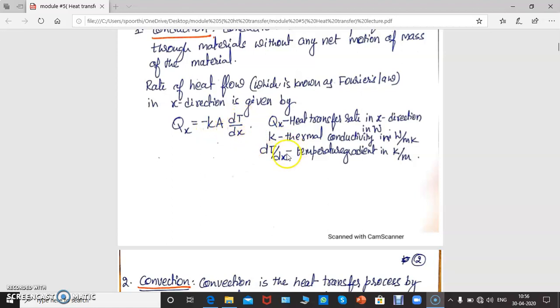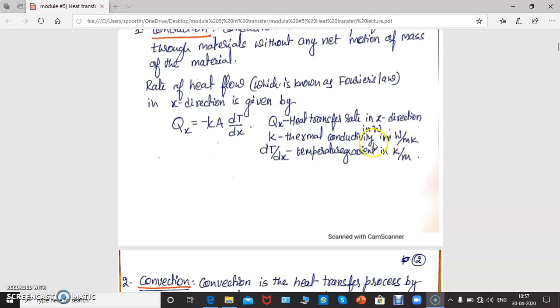Now, what is this Qx here? Qx is the heat transfer rate in x direction. Note that suffix x indicates the direction. As I said, we consider only one dimensional, so I have taken x. Now, thermal conductivity, this is a very important word which you will be quite often using. k is thermal conductivity. This is one property of the material. For the definition of thermal conductivity, you can refer to any heat transfer book. Now, what is the unit here? This is watt per meter degree Kelvin, or because the temperature difference is the same, it could be degree centigrade also. So, you can write watt per meter degree centigrade also.